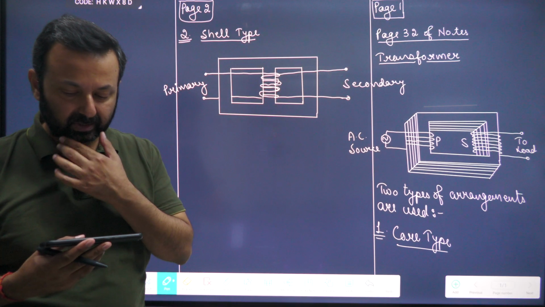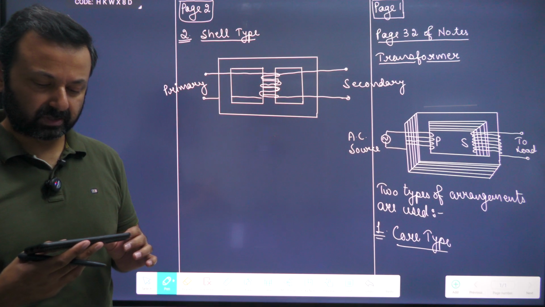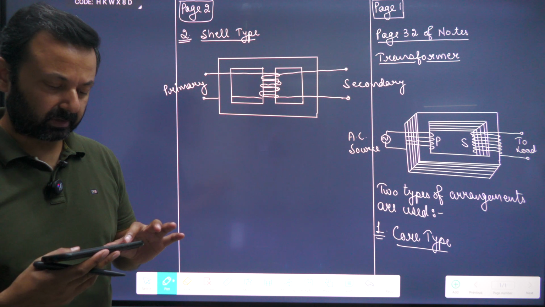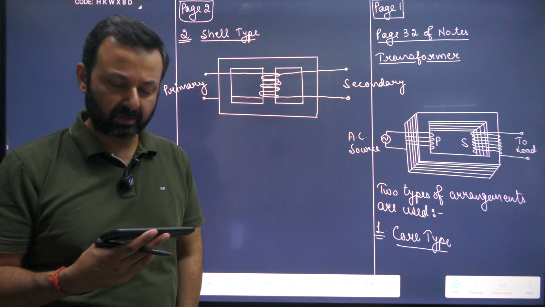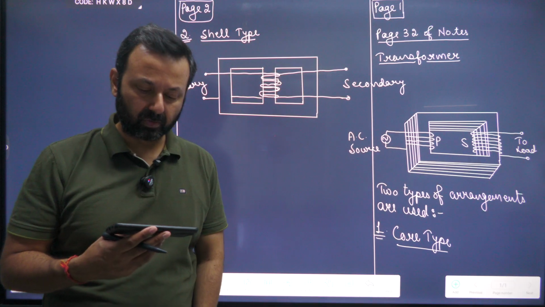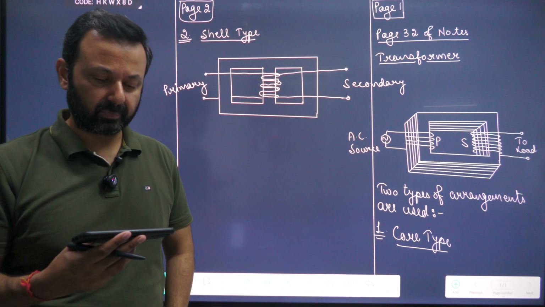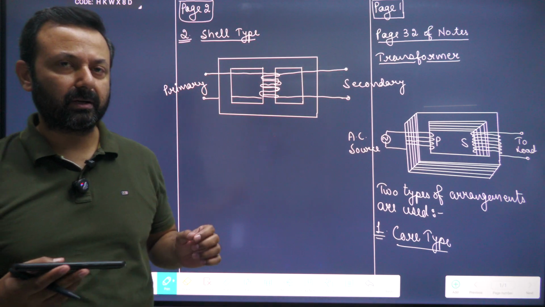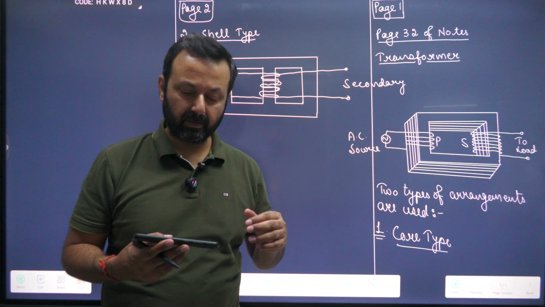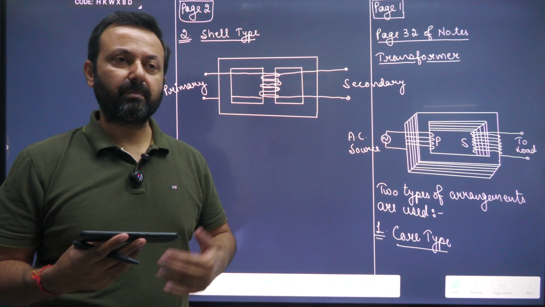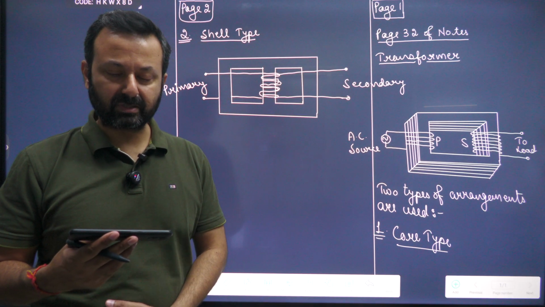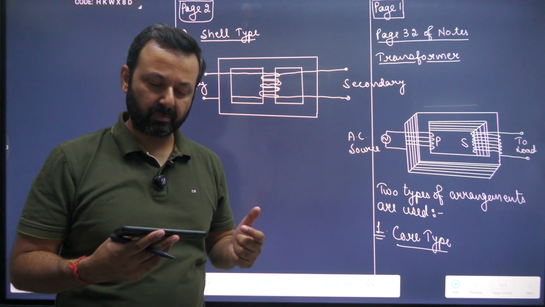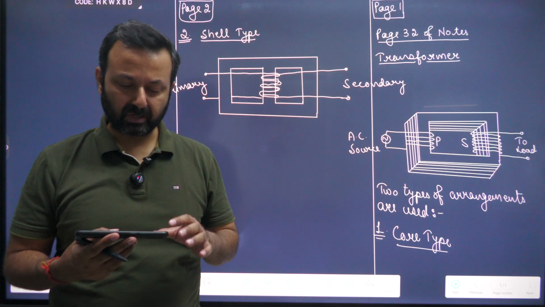Working: as the alternating current flows through the primary, it generates an alternating magnetic flux in the core, which also passes through the secondary. This changing flux sets up an induced EMF in the secondary and also a self-induced EMF in